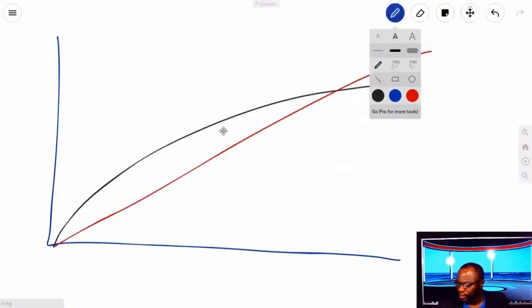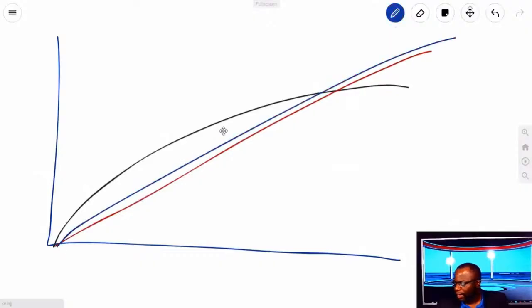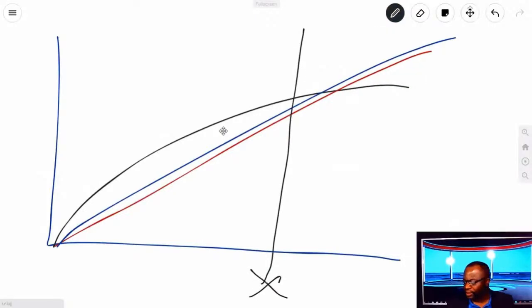The question could be, at point X, what is the state of your project if the black line here is EV,